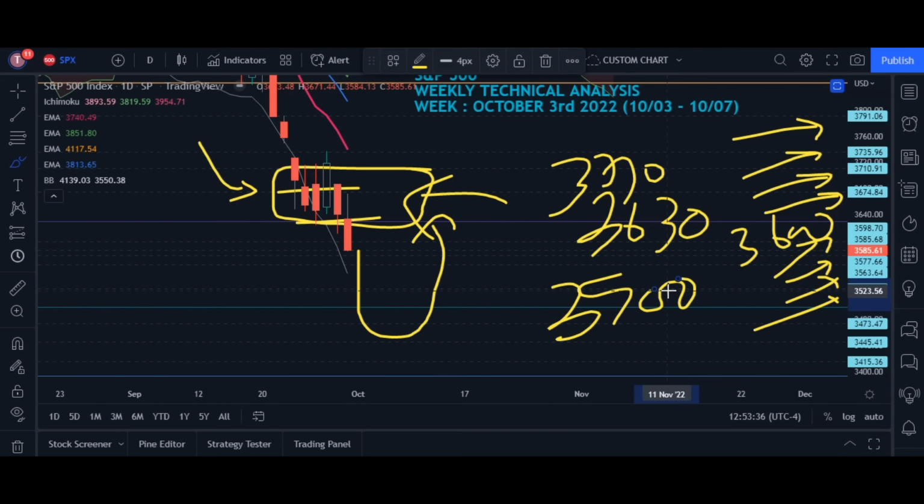3500. If you have watched my technical analysis from the second week of the previous month, I mentioned that we are heading towards 3500. So we knew that this thing was going to happen, and whenever it comes, it will come down to these levels. So now 3500 is in the picture. Other than that, this is not the end of the fall. Then comes 3475, 3445, 3415, and